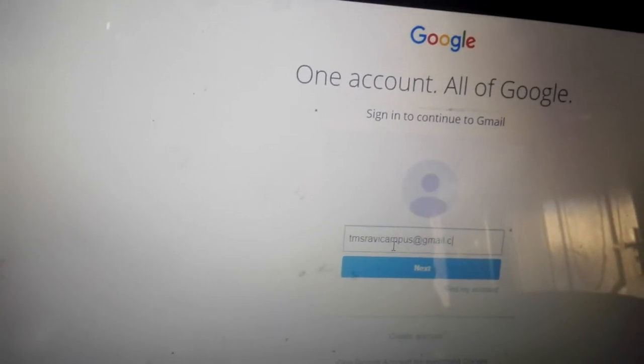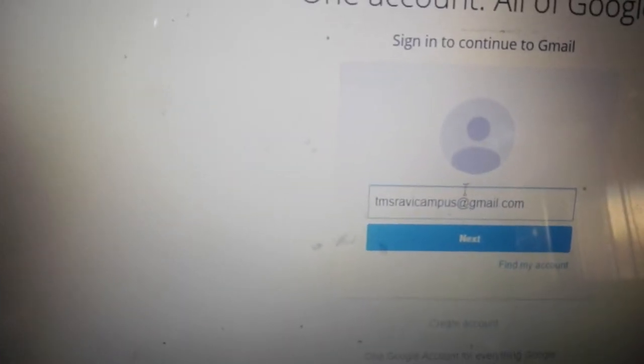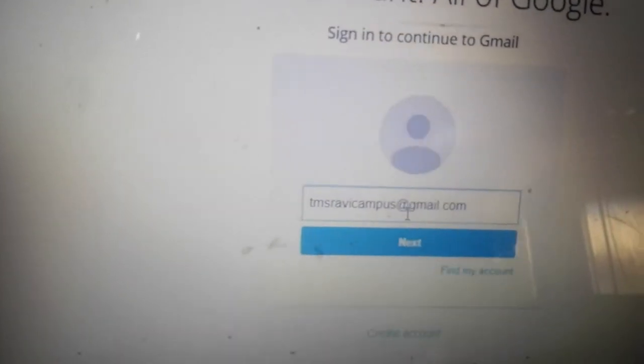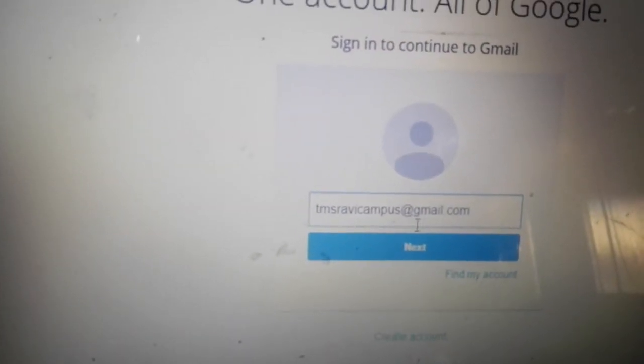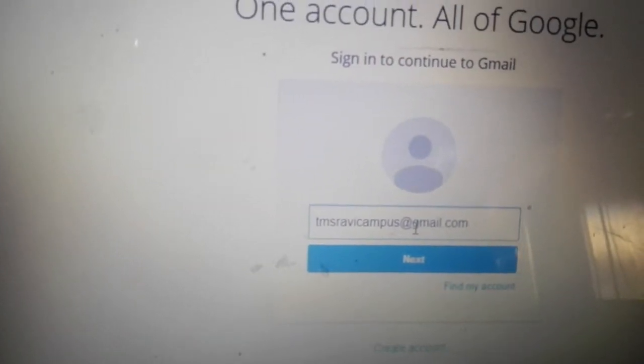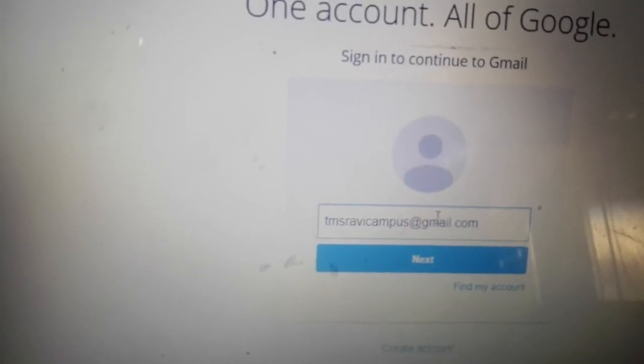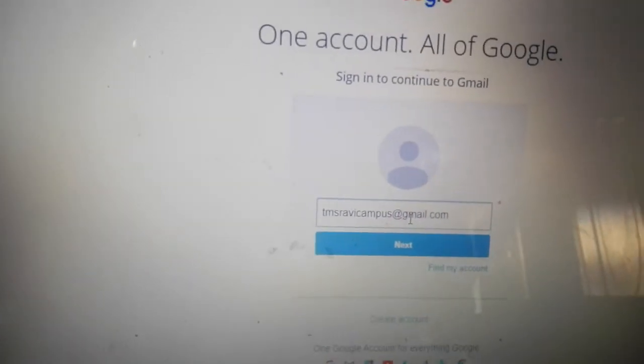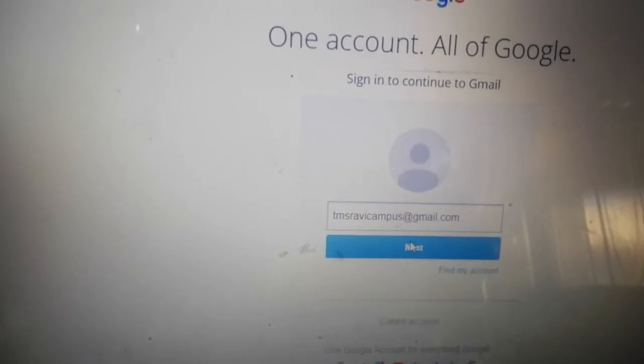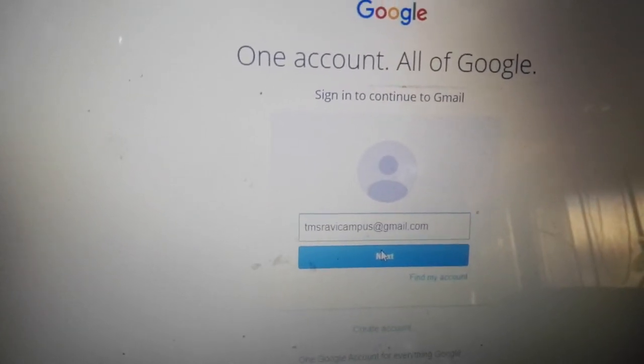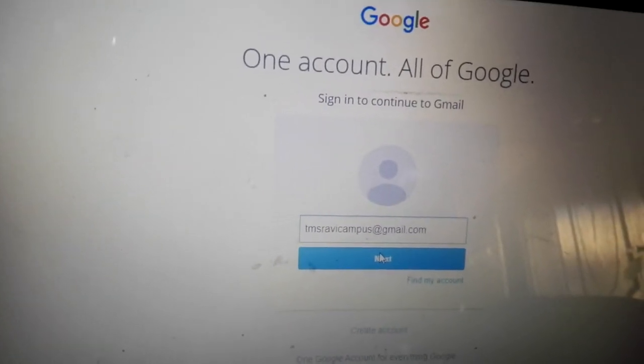This @ we write for the website name that is providing us email. If we have a Gmail account, we will write Gmail here. If we have a Hotmail account, we will write Hotmail, and if we have a Yahoo account, we will write Yahoo. Clear? And when we press next, then we have to give the password, and then our email will open.